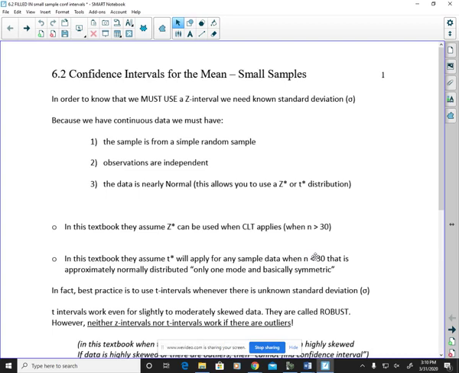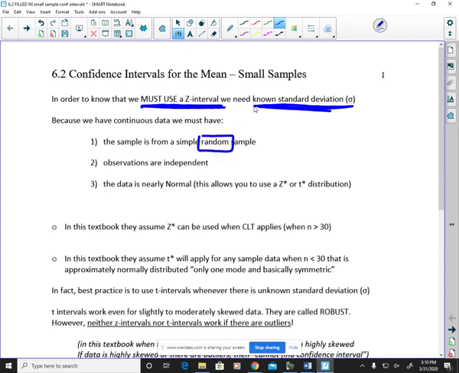And we learned last class that if we have a known standard deviation sigma, there's absolute agreement that we must use a z-interval. So if we have that choice. And this is because we have continuous data that we can do this z-interval. We need it to be random, we need it to be independent, and we need it to be nearly normal. And the fact that it's nearly normal allows you to use this critical z or critical t,